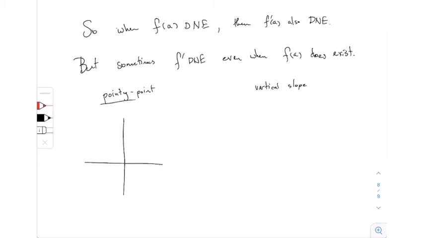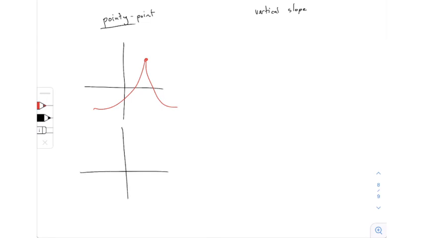So a pointy point, what I mean by that on a graph is something like this, where the graph actually has a sharp point in it. Yeah, this is sometimes called a cusp. Technically a cusp means that the two curves which go into this point are tangent to one another, which is what the picture I drew there looks like, but by pointy point, it could also be just something maybe like that. This is not a cusp, technically, but that's a fancier word for it. I'm sure you can imagine that pointy point is not really the technical term for this. But when the curve has a sharp point in it,